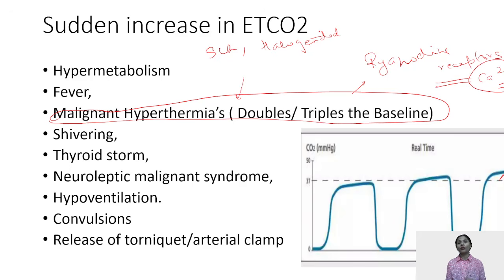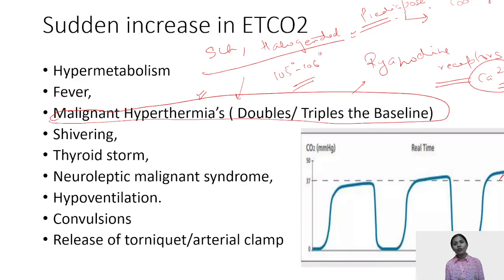And now this is suggestive of a condition known as malignant hyperthermia, because both of these agents predispose the patient to such a condition. And when such a condition comes, what is the treatment? First, cooling, because there is very high grade fever. A fever of around 105 to 106 can be touched. So cooling has to be done, followed by a medicine known as dantrolene, which is the antidote of choice for such a condition of malignant hyperthermia.